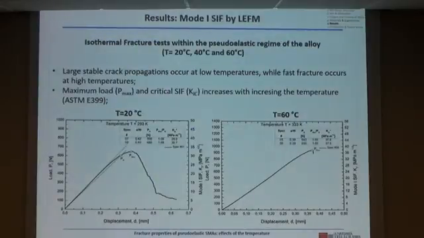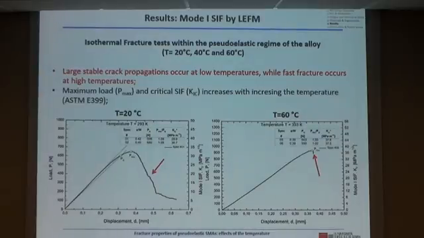So let me describe the results from the fracture tests. We did isothermal fracture tests within the pseudoelastic regime of the alloy, as I explained before, at three different temperatures: 20, 40, and 60 degrees Celsius. The figure reports typical results at low temperature, 20 degrees, and high temperature, 60 degrees. And as you can see, there is always